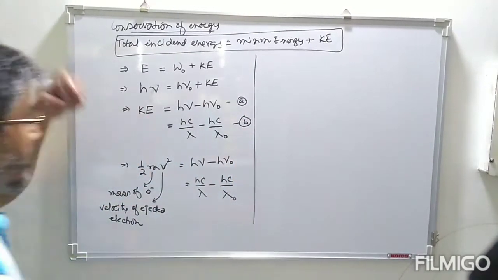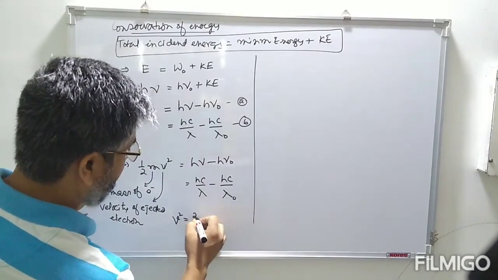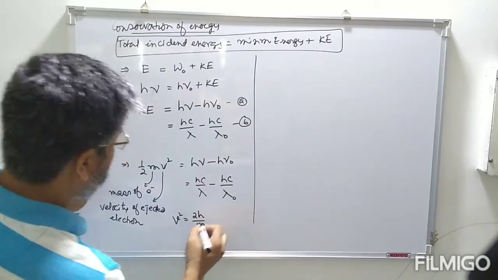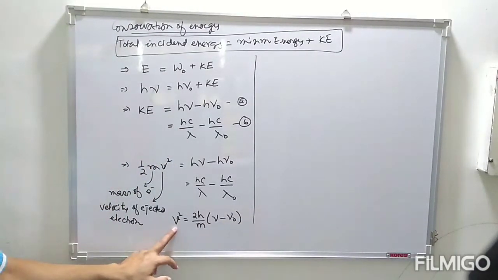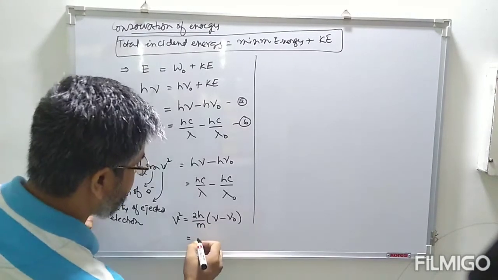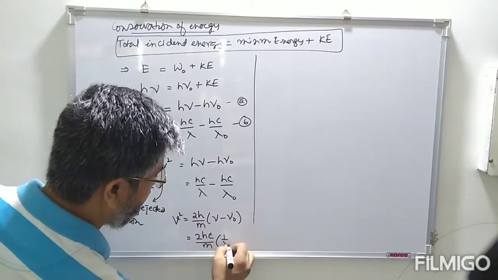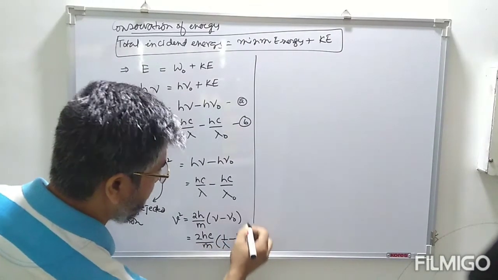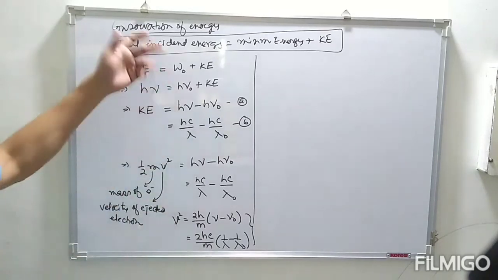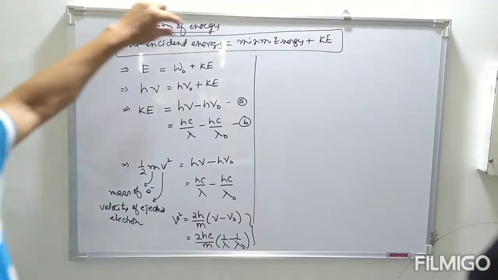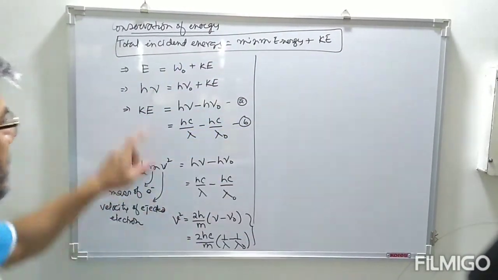Or we can say, look at this, from this we can define the velocity. So therefore, velocity square is equal to 2 times h by m times nu minus nu naught. This is the velocity. Or we can say 2 times hc by m, 1 by lambda minus 1 by lambda naught. This is how we define velocity of ejected electrons. So we have this equation, which says total incident energy is work function, minimum energy, plus excess energy in the form of kinetic energy. So look at this graph,